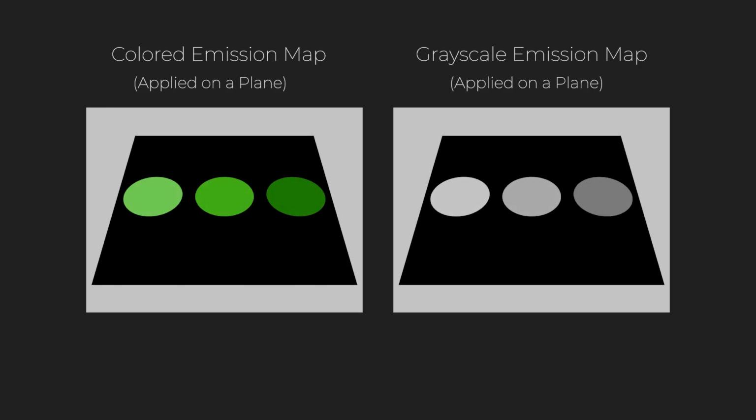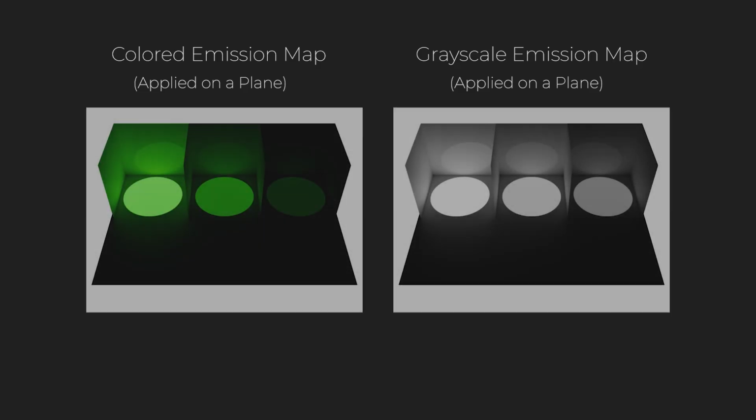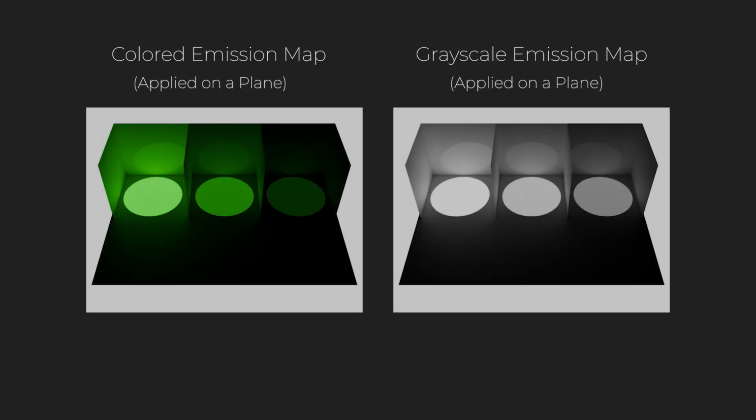Next, while the bright parts of the material stand out, they don't yet look like they're emitting light. That's because for emission to feel believable, the scene needs something for the light to hit or reflect on. When I turn on these walls, with a reflective material at the back and a rougher surface on the sides, the emitted light starts to bounce and reflect, making the glow effect much more convincing. Now it becomes much clearer that the brighter areas emit more light, while the darker ones produce only a faint